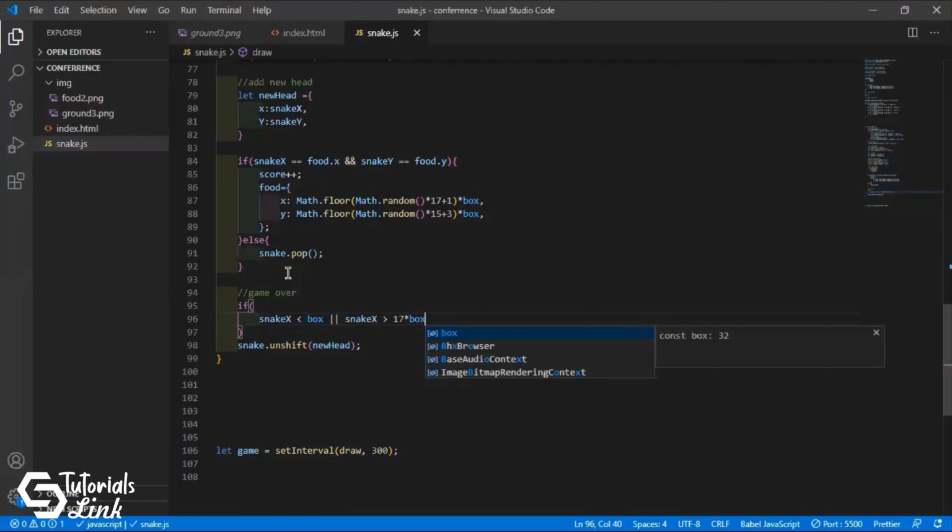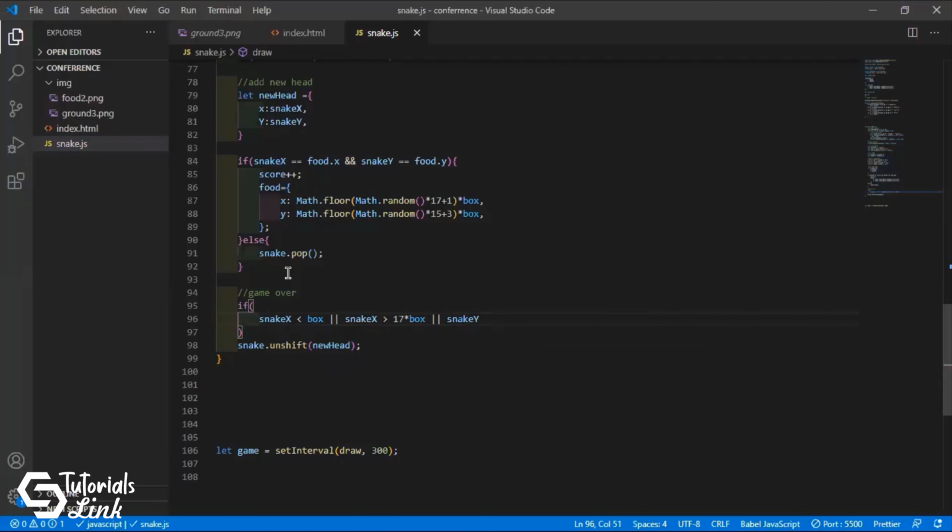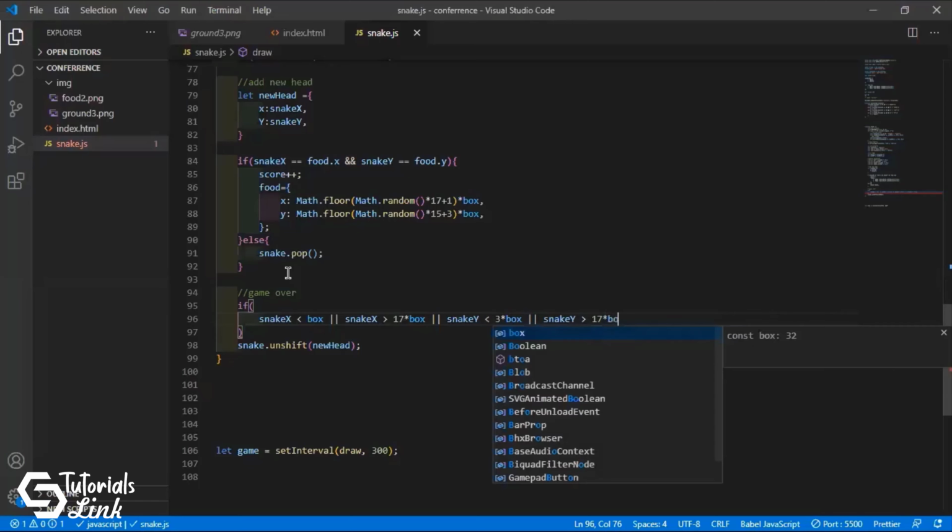So in one direction, it is less than 1 unit, and another direction, it should be greater than 17 into box units. Fine. Or similarly, there will be for snake y, and it should be less than 3 into box, and snake y should be greater than 17 into box.